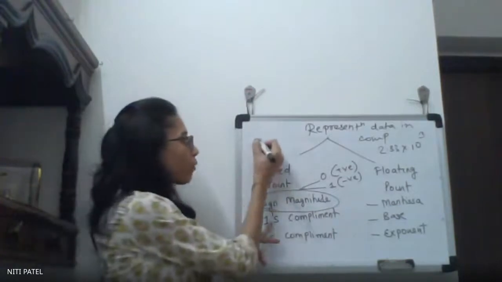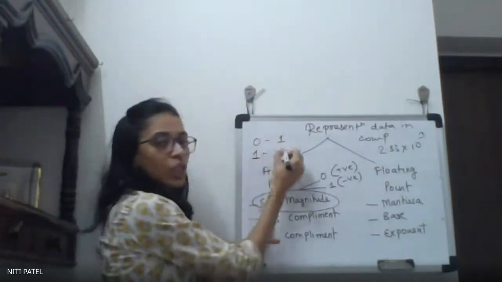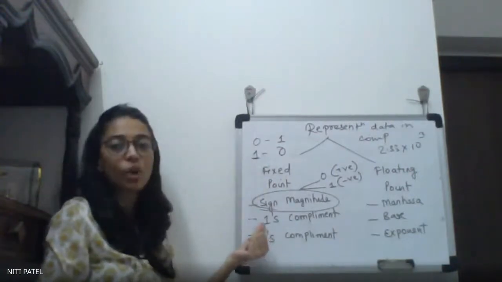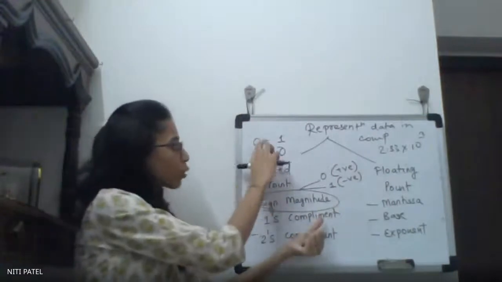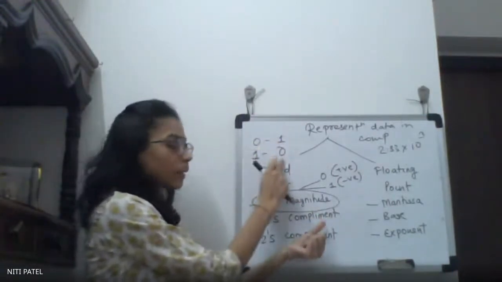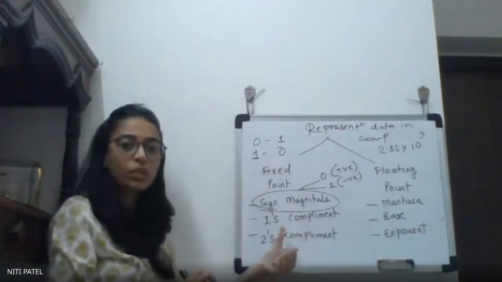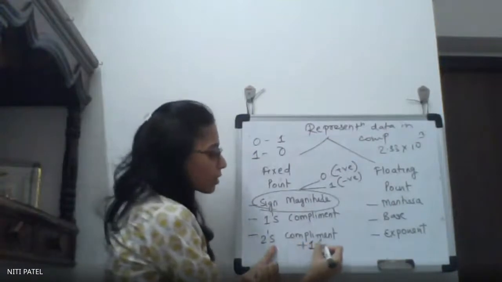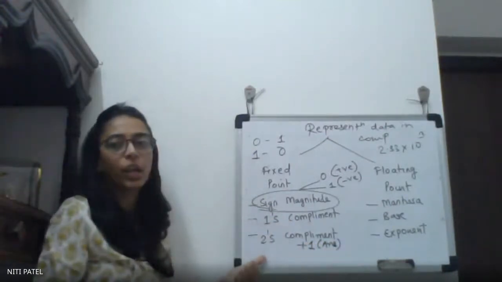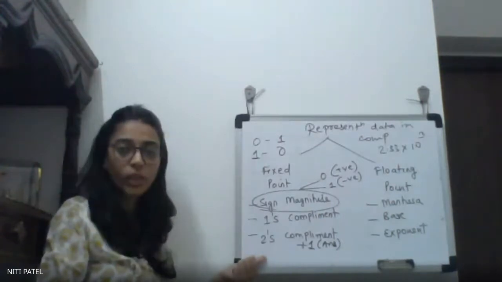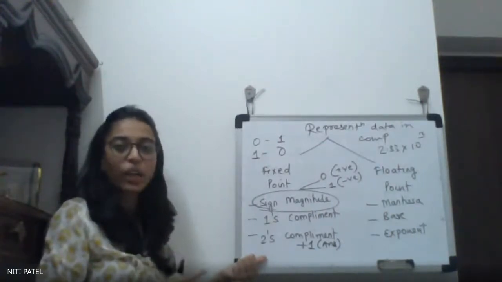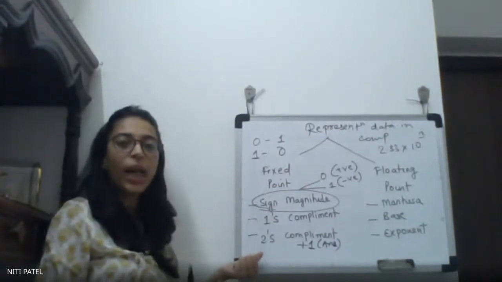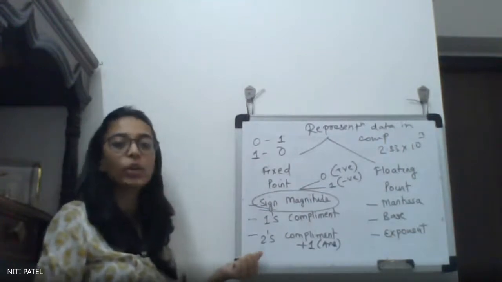I change the bit of 0 to 1 and 1 to 0. That means whenever I interchange 1 to 0 and 0 to 1, it becomes 1's complement. So 0 is complemented to 1 and 1 is complemented to 0. That is what is 1's complement. What is 2's complement? When you add 1 to the answer of 1's complement, you get 2's complement. Yes or no? If I want to identify the 2's complement of a number, I will first convert that number into 1's complement, and then I will add 1 to it to get 2's complement.